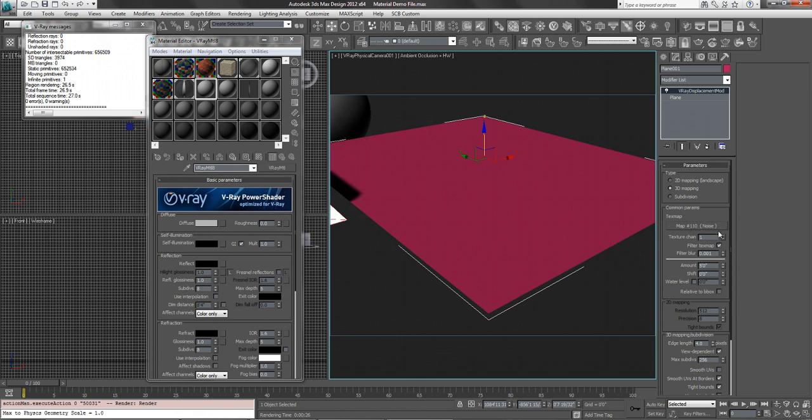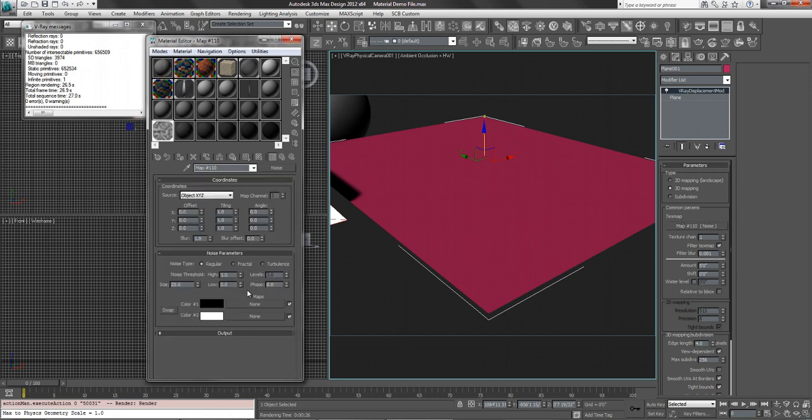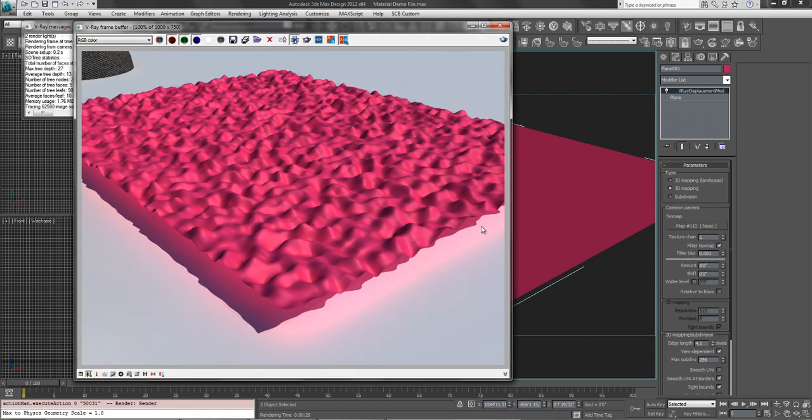If I need to edit this noise, I can drag that noise parameter. So I have to load it into the modifier first, and then I can drag it to the material editor as an instance, and now I can edit it. So I can see here, if I want to make it larger, my size is 25, I'll tell it my size is 100. Now if I render that,